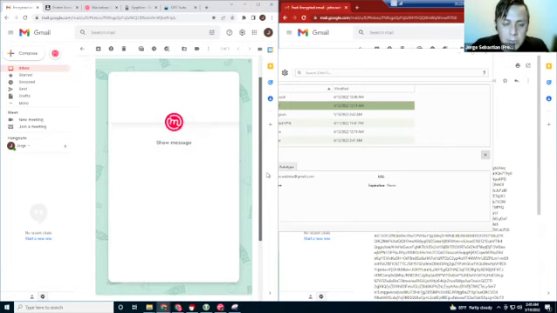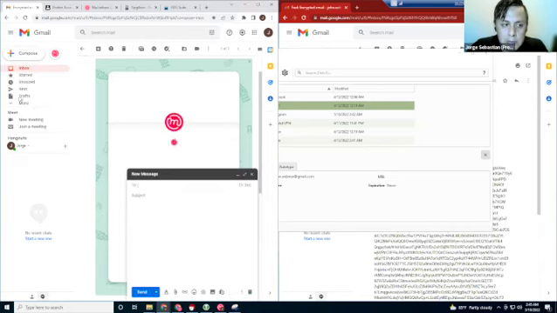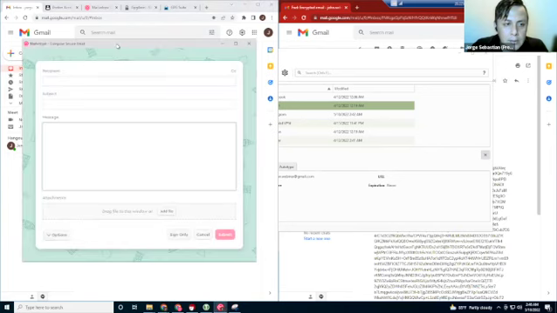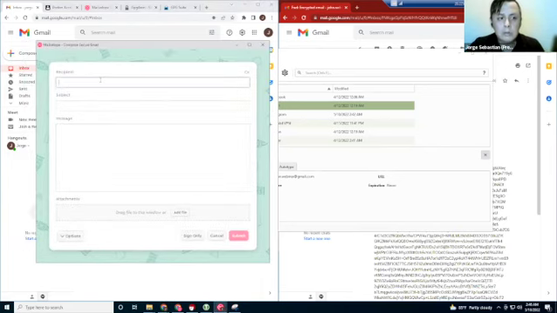Okay, so this is the encrypted email I sent to myself. Now, right here, Mailvelope is showing me the little M. I can click it, and then after a while, it's going to come up and ask me for my password. So I'm able to read the email. I still have the ability to send regular emails with the compose button, and I can also go back. I can also hit the M, and then I have the following screen right here, and I can enter my friends' or colleagues' email addresses